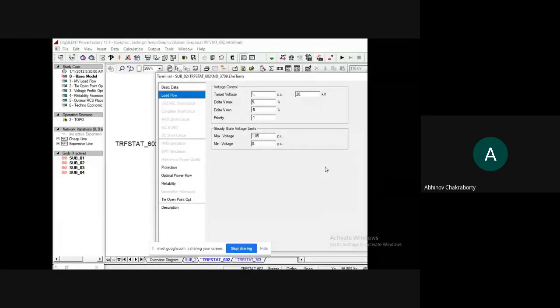Now see, as I told you, we will be using the tools. You can see over here that the target voltage is 1 per unit. I'm just showing you the values inside it. That is 1 per unit. Delta limit is -5%. Priority has been set to -1, and the maximum voltage is 1.05, whereas the minimum